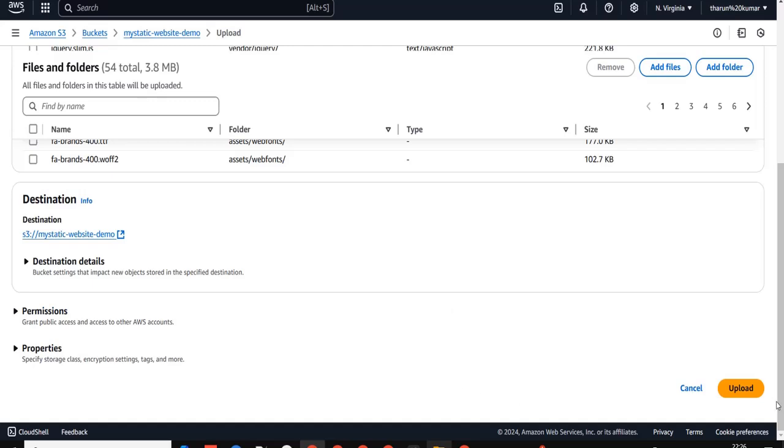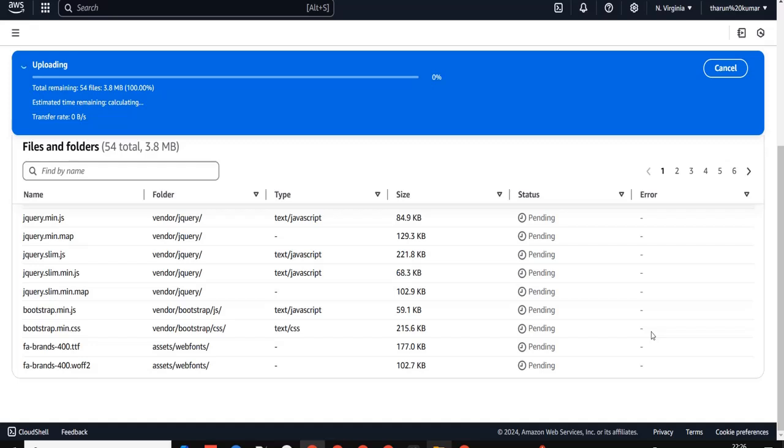After selecting, you have to hit the upload button. So we have to click it, then every file is uploading. It will take a few seconds to upload the entire set of files.